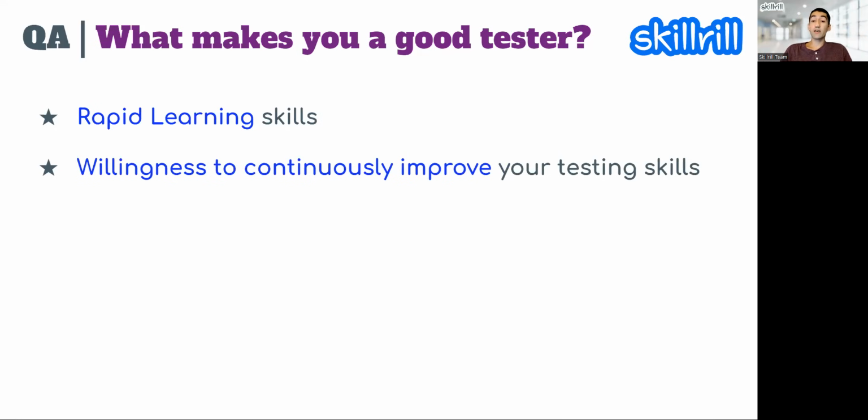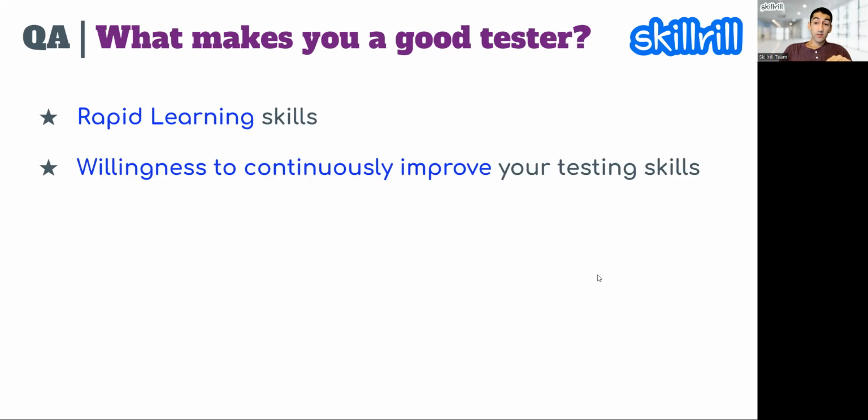You could list these skills as your own abilities and behavior. First, willingness to continuously improve your testing skills. You should not stay in one place. You should always be challenging yourself with new tasks and new types of testing, and maybe work on certifications, because you're in the information technology field,